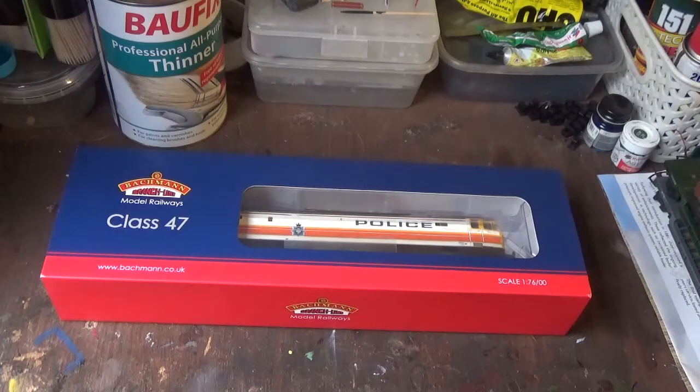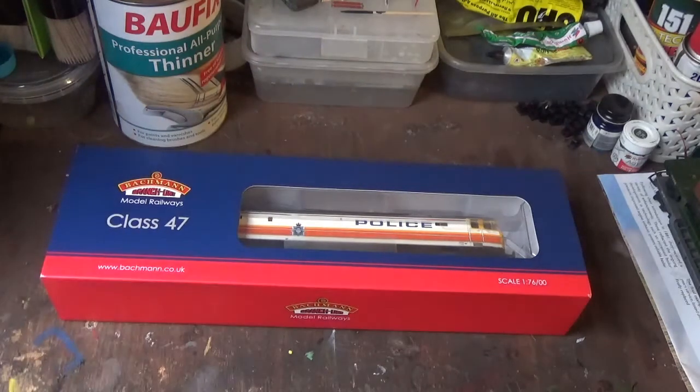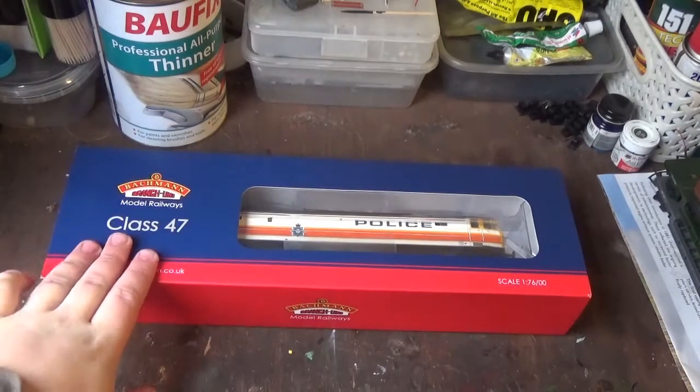Now, in today's review, we're going to be having a look at a model that was suggested via a poll I did on Twitter, because I did a poll on Twitter to decide what I was going to review next. When I went to Worley, I came away with three models: an Oxford Rail NE cattle wagon, a Kernow exclusive BT well tank made by DJ Models, and then this, a Bachmann Class 47, which has been produced exclusively for Kernow. I couldn't decide which of the three models to review first, so I did a poll on Twitter. In the results, people wanted to see this being reviewed first. And so that's what I'm going to be reviewing, so sit back and enjoy this review